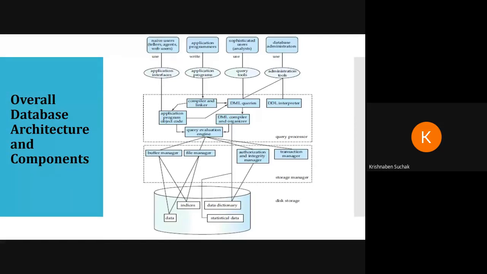You can refer to the fourth book, KORTH. At the end of this PPT, I have given a few references from where you can refer to all this topic. I have also mentioned your book in that. Okay. Mehak is having a doubt in indices and Alvish is having a doubt in query processor.